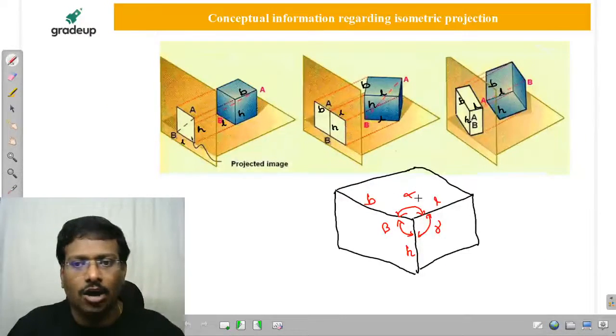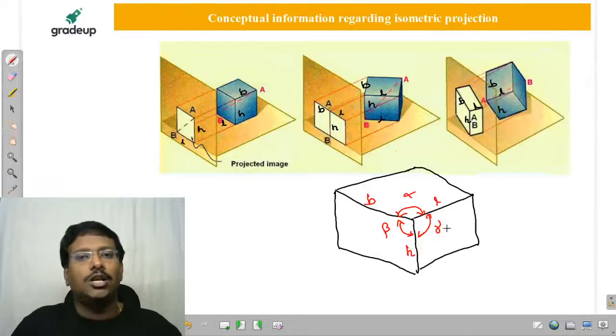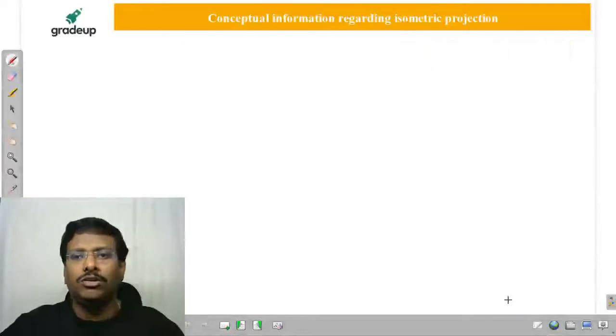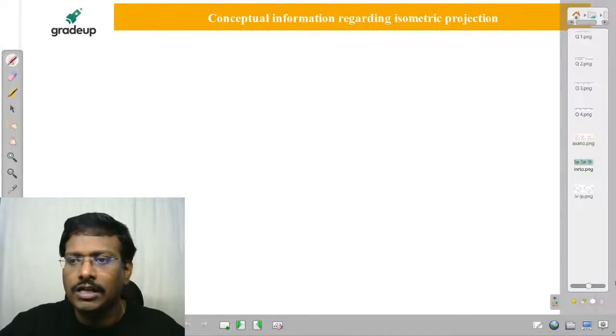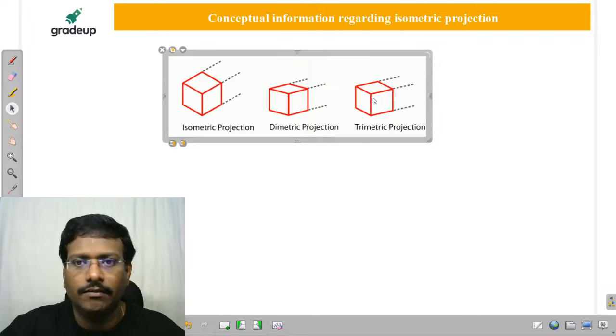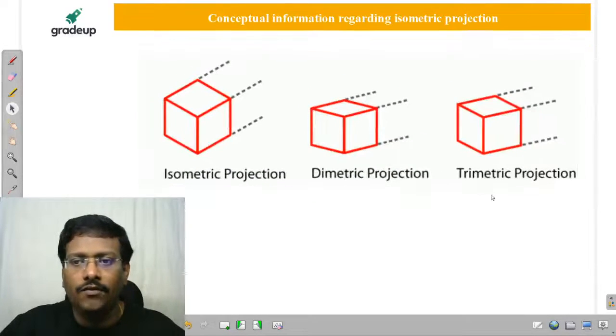LB angle is alpha, BH angle is beta, and LH angle is gamma. Depending upon the relation between them, we can classify them into three categories, my dear friends. What are those three categories? I will draw one more diagram so you can get the clarity. So here, if you observe the different cases,